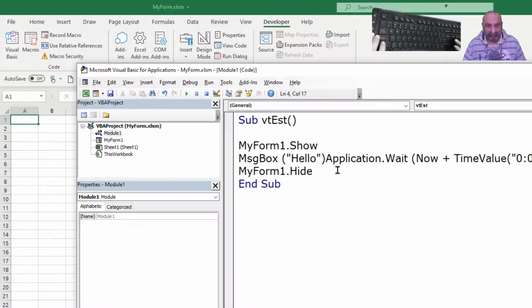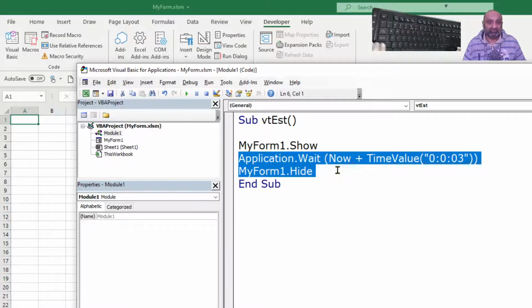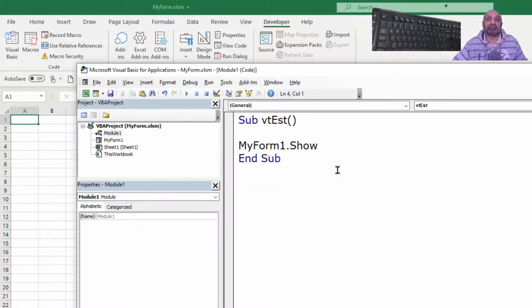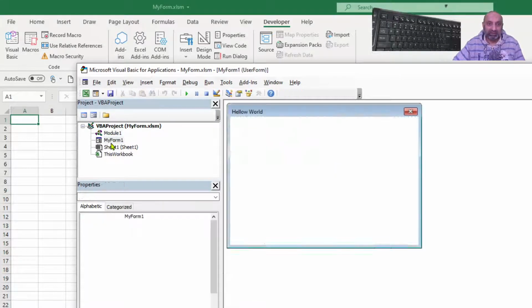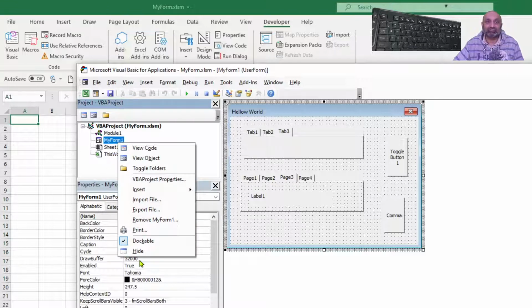So the point I was trying to make was that this code will not appear over here. But if I go to my form and I right click on this, what you see is that this object, MyForm1, also has some code. You can code my form. Okay, let's go to its code,